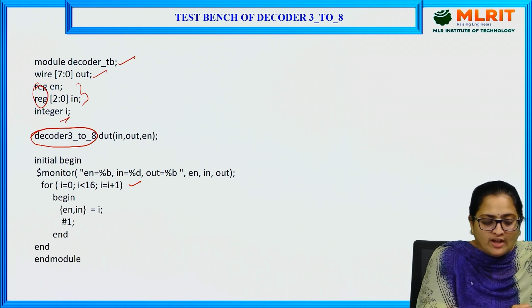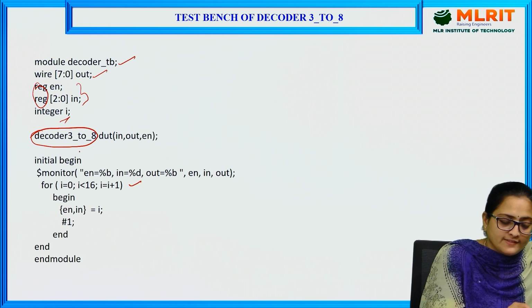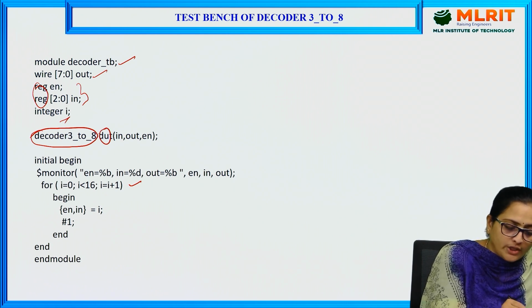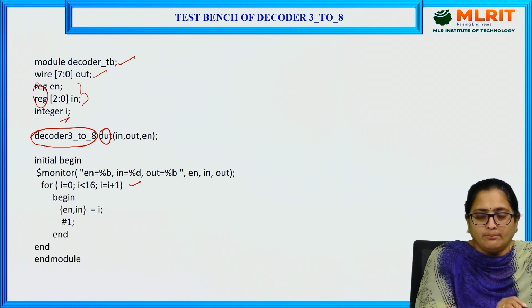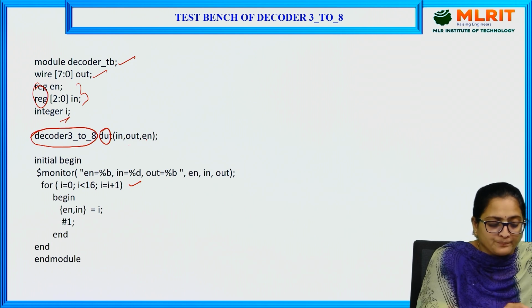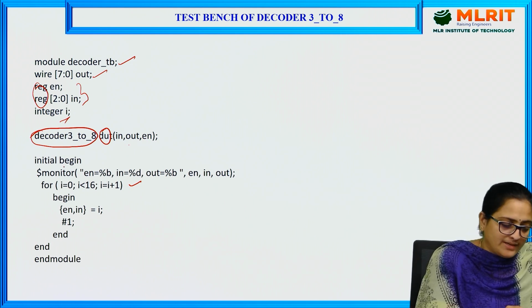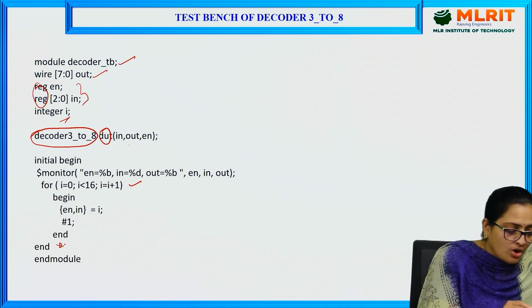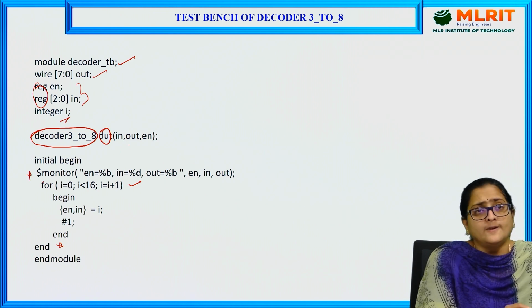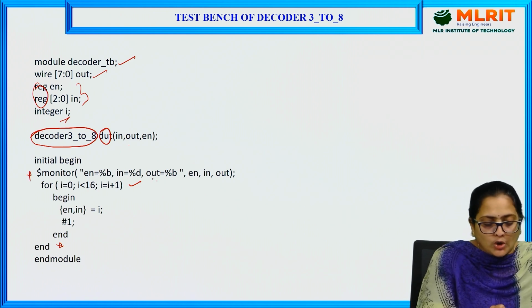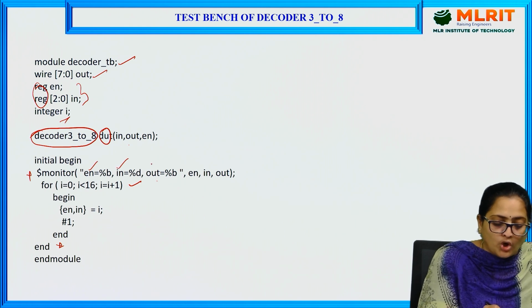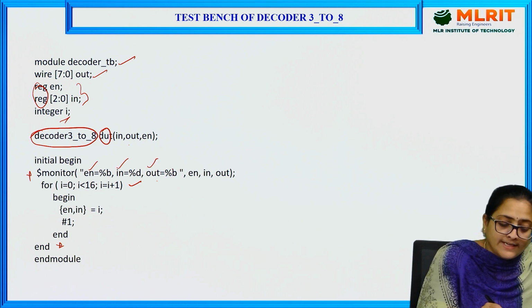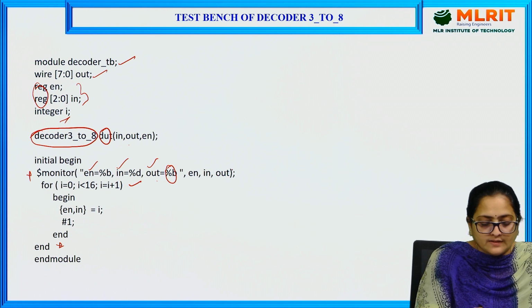The same module has been called here, decoder 3 to 8, and this decoder module is given the name DUT, and this decoder will have 3 ports which are input, output, and enable pin. Initial: this statement has to be executed once. Then it starts with a begin. Either this $monitor can be used here or also here, but anyhow I have written $monitor here: enable, input, output. So all the ports, input and output ports, are going to be monitored in binary form, and the same sequence has been given here, and the monitor statement ends.